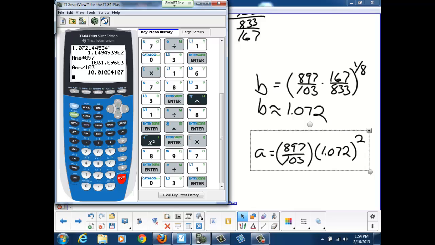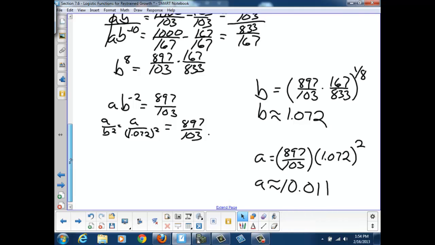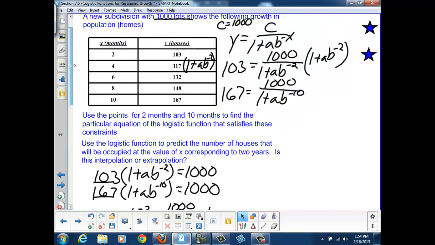So a becomes 10.011. Let's go back up and see if that's what we ended up with. Whoops, 10.001 and 1.072. Okay, now that we have our logistic function,